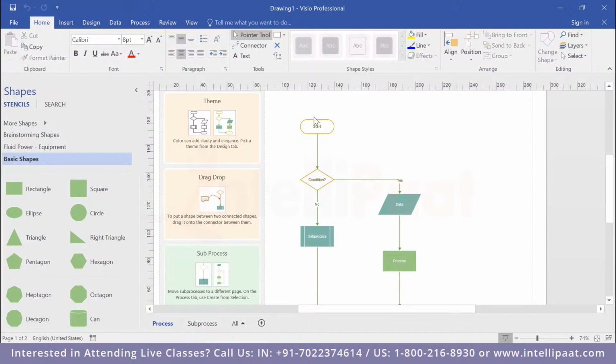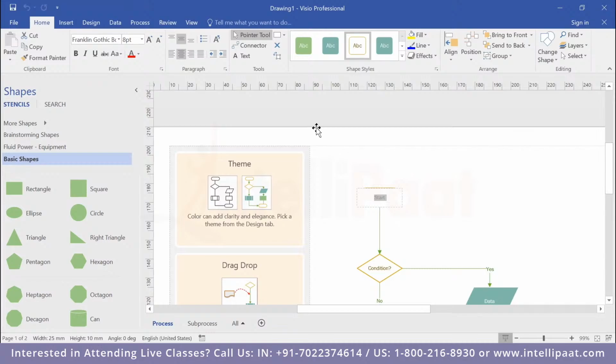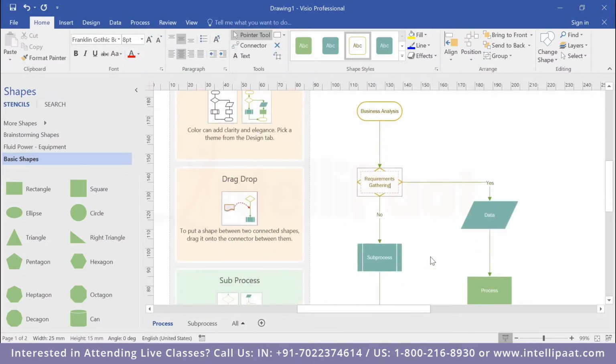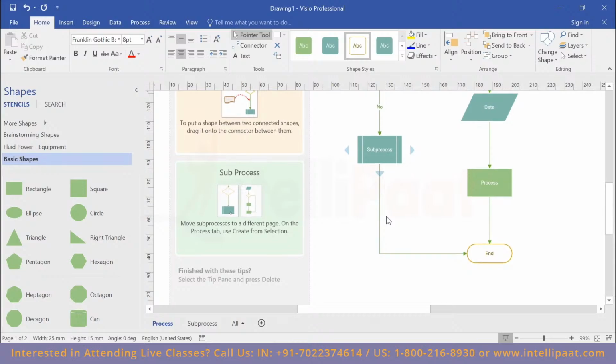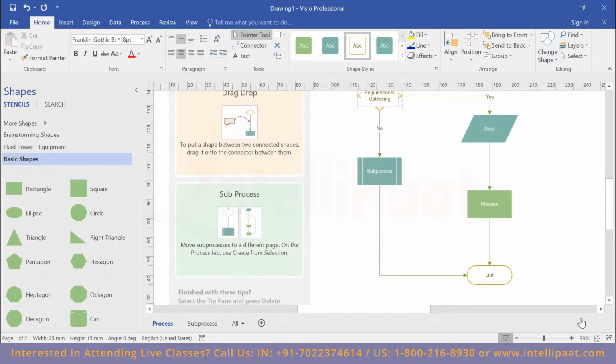So I can change the text over here, so I'll double click on it, and instead of start, I'll write business analysis, and then in the condition part I'll write requirements gathering. And after writing this requirements gathering part, if requirements gathering is done, then I have to specify some data, and if it is not done, then there is a sub process that needs to be executed. So in the sub process I can add follow up the client,